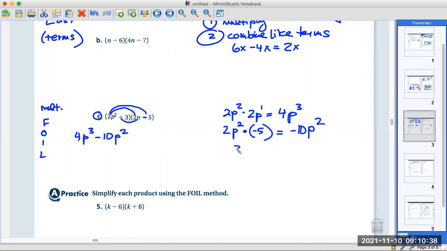Inner, 3 times 2p is 6p, positive, and then last, 3 times -5 is -15, and now we're finished multiplying,